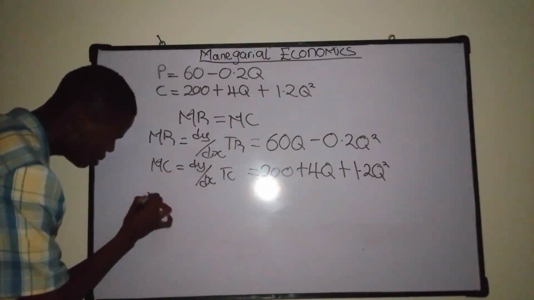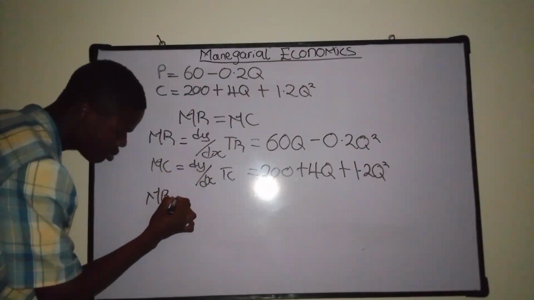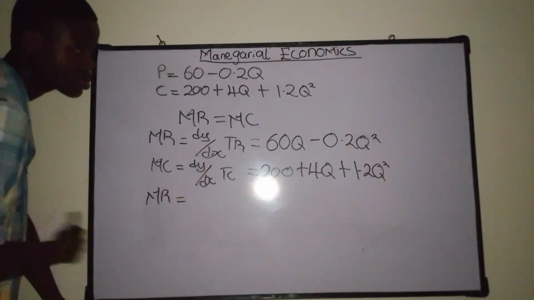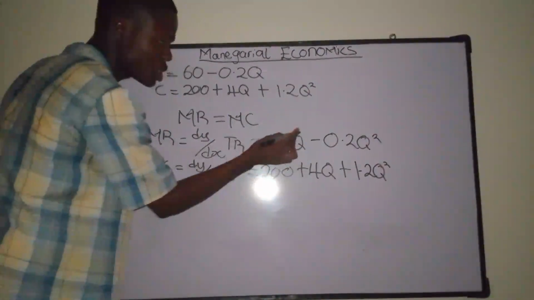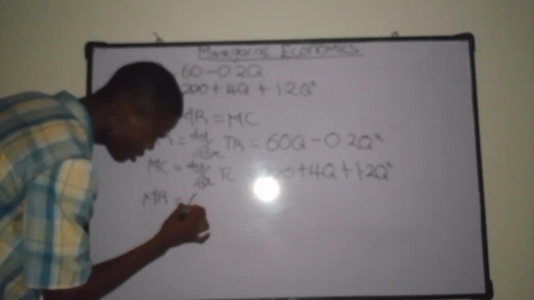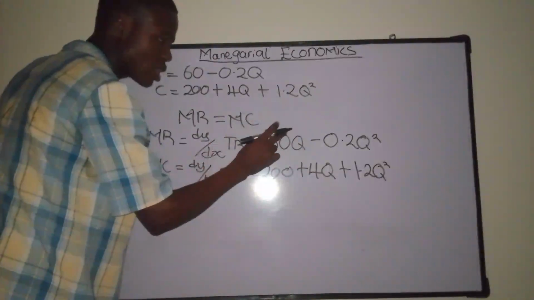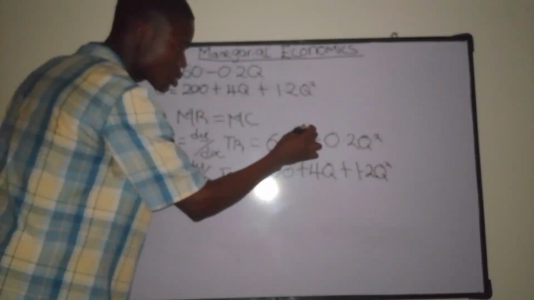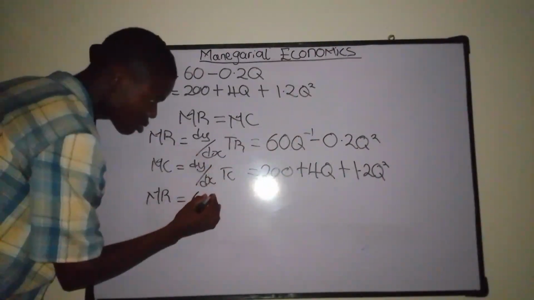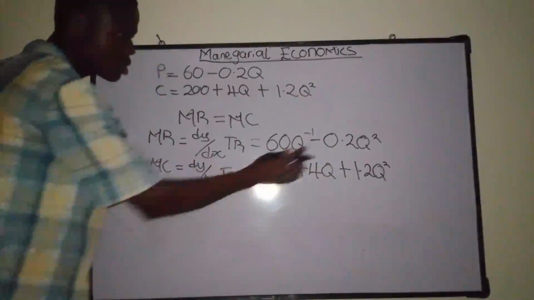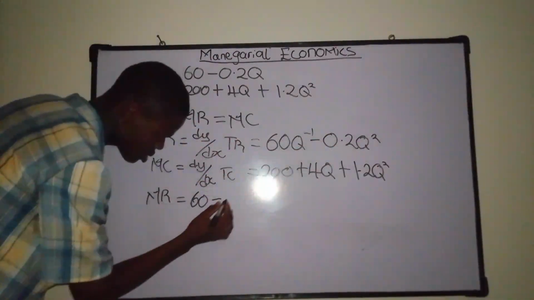For marginal revenue, you take the power of q, which is 1, multiplied by 60. Then we subtract 1 from that same power, 1 minus 1 becomes 0. So there's no q here. Minus 2 multiplied by this, which is